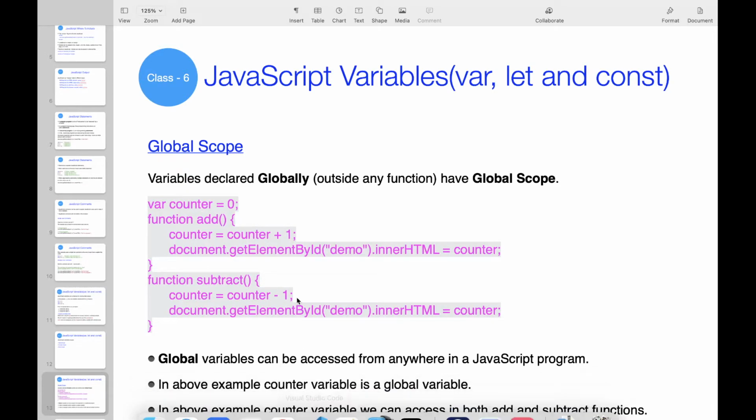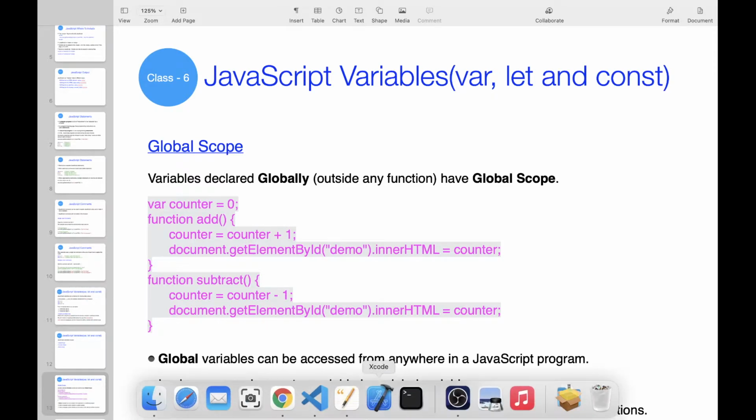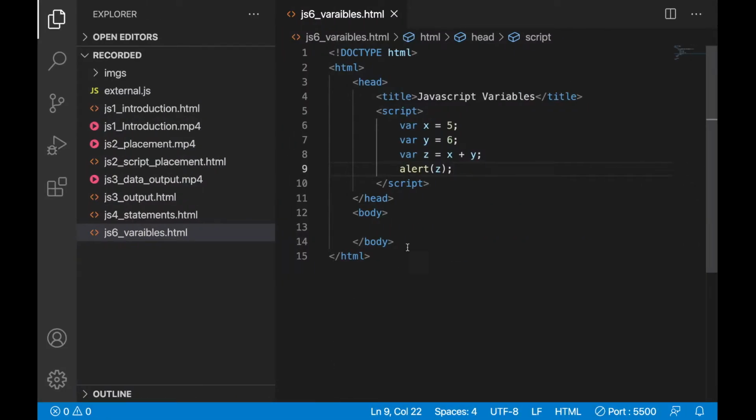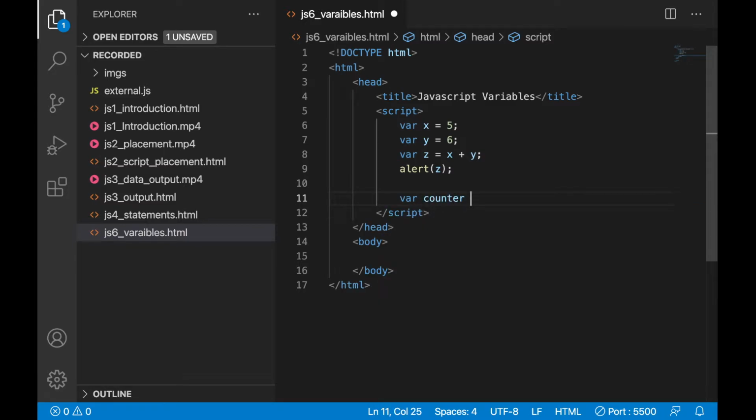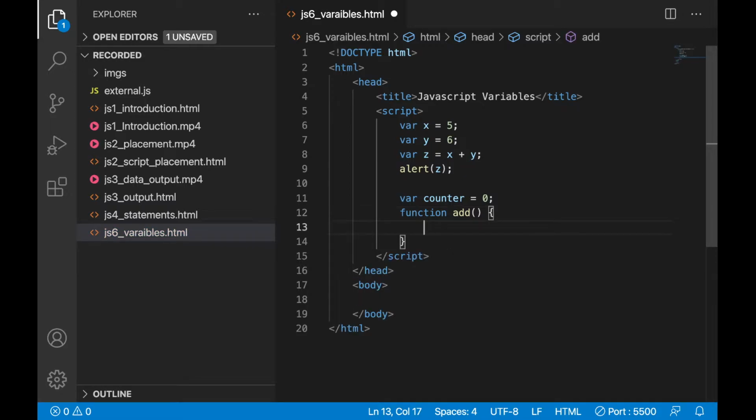So let's use this one practically. What is global scope in the code? Okay, let's create one variable, var counter equal to 0. Let's add two functions. Function add, counter equal to counter plus 1. So for my variable I want to increase plus 1. Okay, then